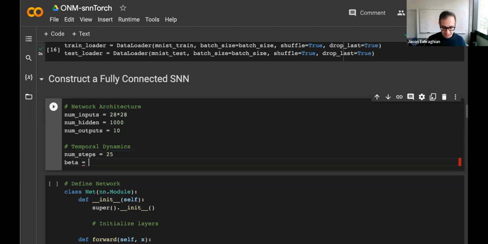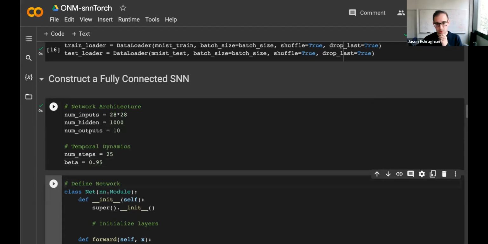My beta, previously we said 0.8. Now, if I change that 0.8, it's going to decay at different rates. We saw that rise time and that exponential relaxation. This time I want the data to be sustained for a bit longer, so I want the decay to be slower. So 0.95. What that means is that at every time step, we're going to see a 5% decrease of the membrane potential from the previous time step. When beta was 0.8, we saw a 20% decrease for every sequential time step. So let's initialize all these parameters.